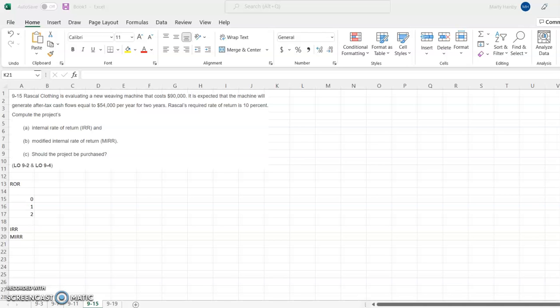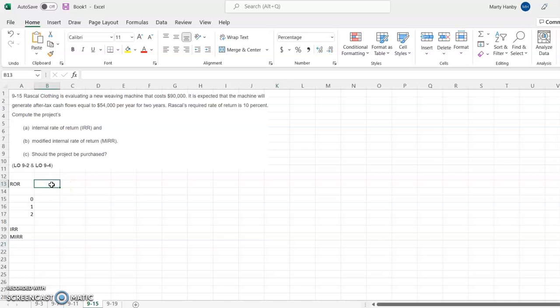So one thing to note here, we're going to do this in Excel and using the BA II Plus Professional. The BA II Plus Professional or any BA II Plus, actually, I don't remember if the Plus has the modified internal rate of return, but I actually don't believe it does. But anyway, it's very unreliable, so you can get some very strange results. So anyway, let's start with the